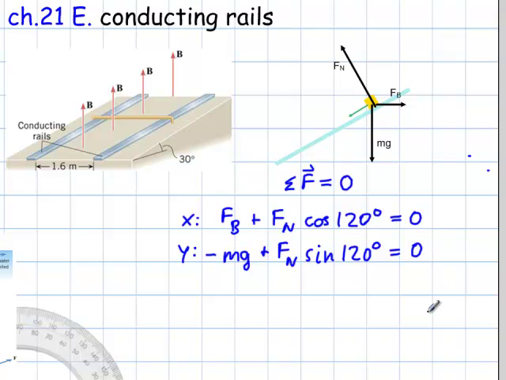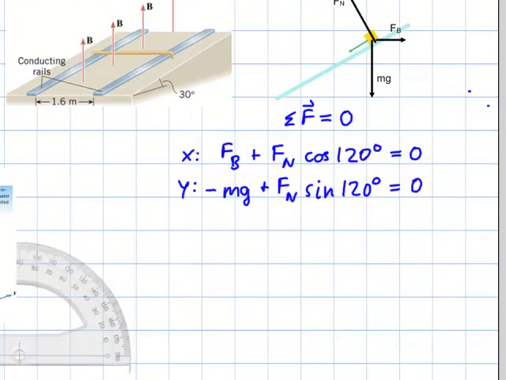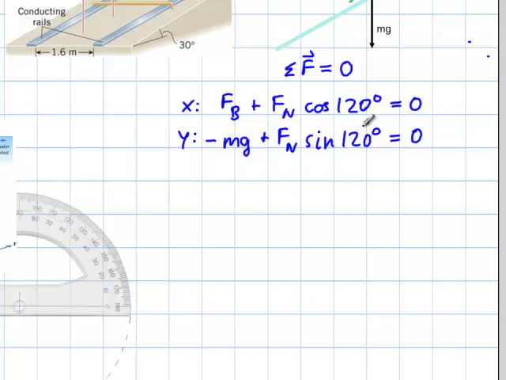Okay, so I have two equations to do calculations with. And when I look at these equations, I can see that if I get all this to the right hand side, then I have the normal force and sine and cosine on the right hand side. When I divide this by that, the Fn is going to divide out, and I will have sine over cosine equals tangent, so that's going to be kind of nice looking. So I'll do exactly that,